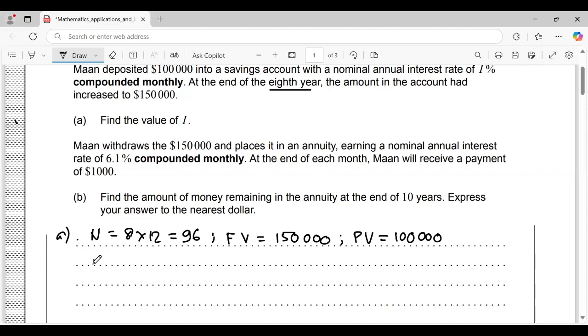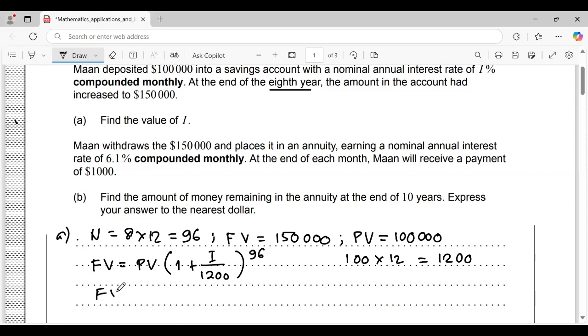I would like to use this formula: FV equals PV times (1 plus I over 1,200) power 96. Okay, 1,200 because 100 times 12. It is 1,200, right? And yeah, after that,